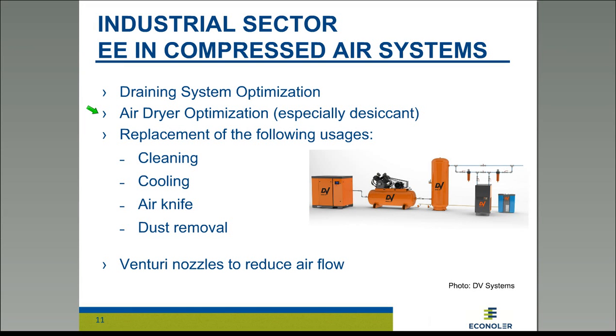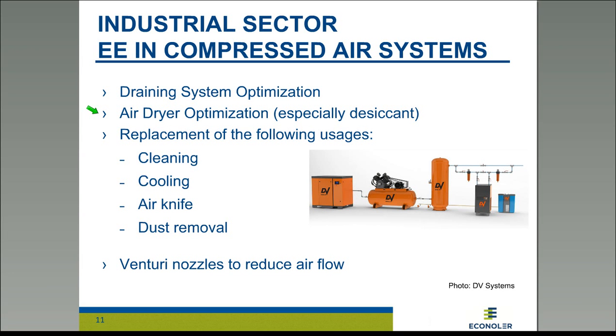So there's one cylinder that treats the outcoming stream from the compressor, while the other is going through what we call a regeneration cycle, where compressed air that is preheated is sent to the second cylinder to remove the moisture from the desiccant agent and the desiccant material. And that's really a huge energy consumer, because in most systems up to 15% of the output of the compressor can go into this